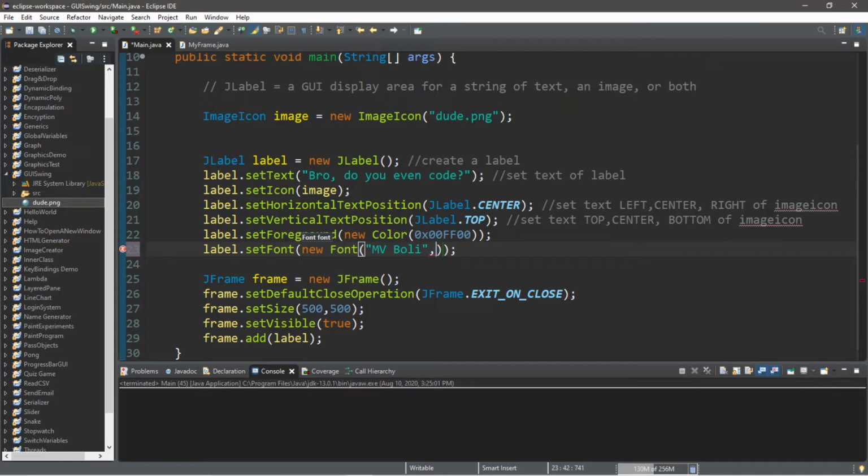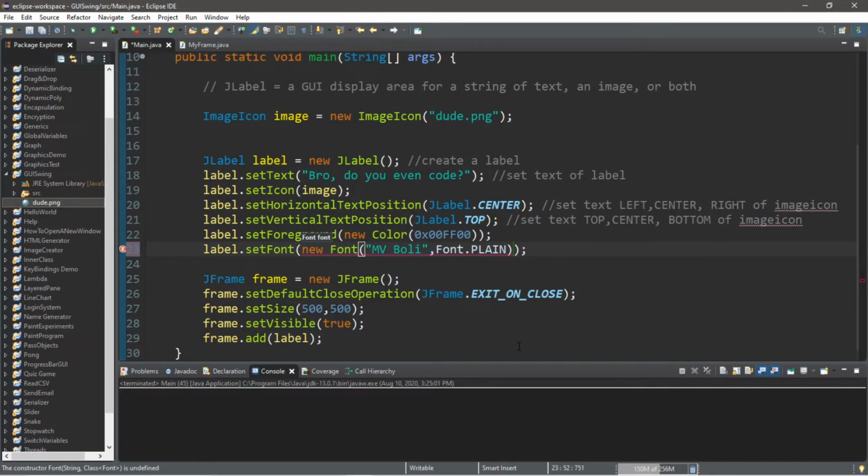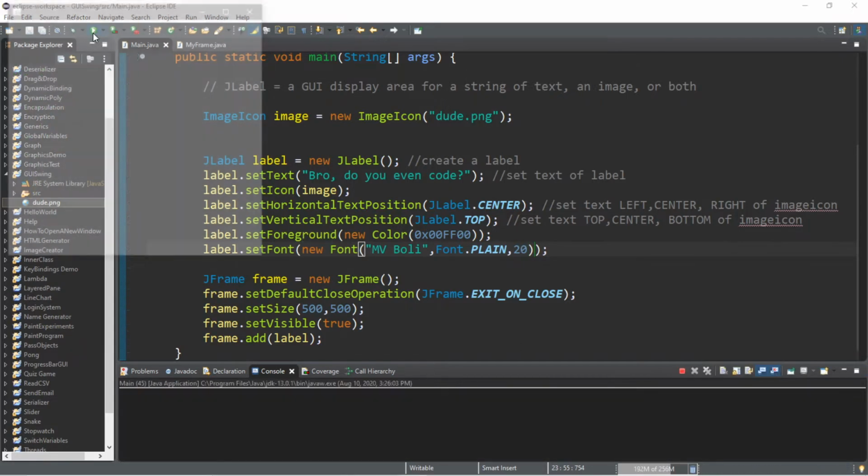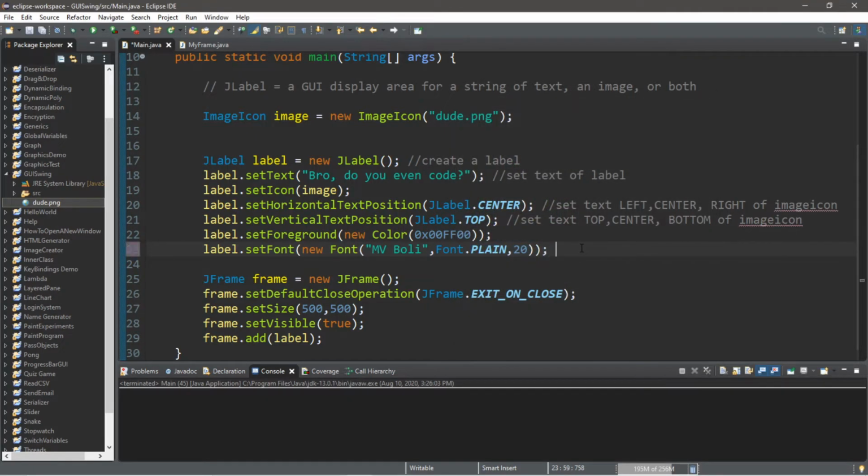There's a few constants for this. So Font dot, and you can pick one of these. I'll just set this to plain. And then you can set a size. So I will pick 20. Then after compiling and running this, the font is now changed for the text of our label. So this will set font of text, and this will set font color of text.